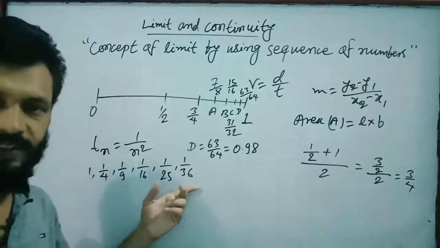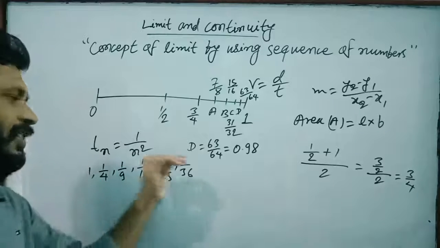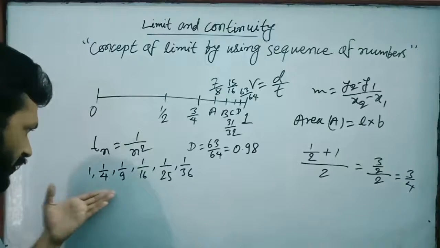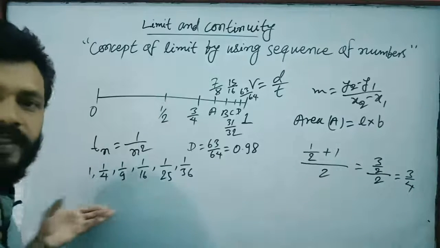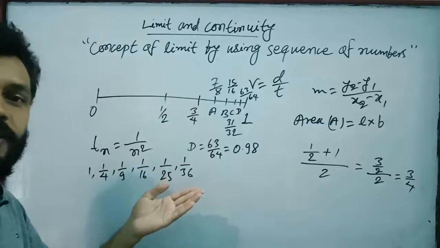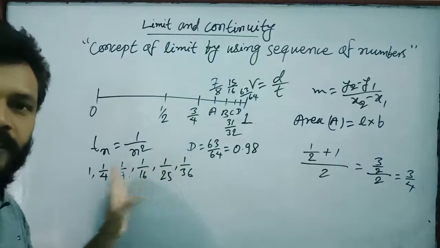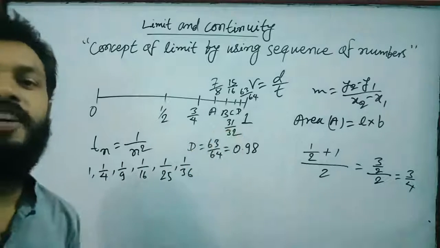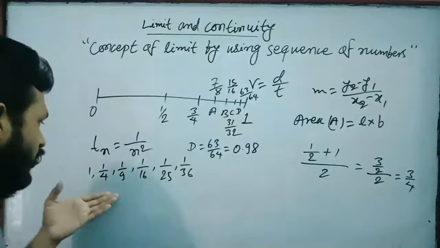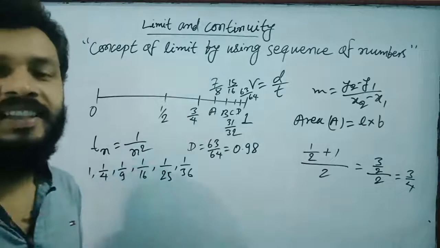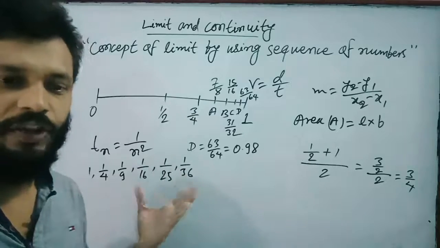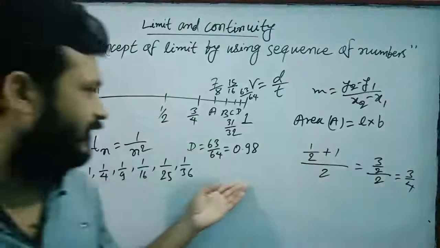Let's see in this sequence, you know, the numerator is constant in each term, but in each term, the denominator is increased according to the term. So at last,